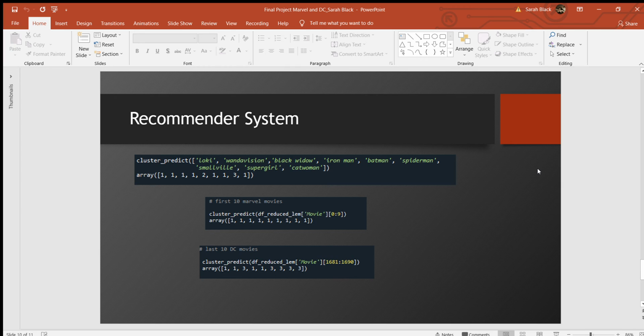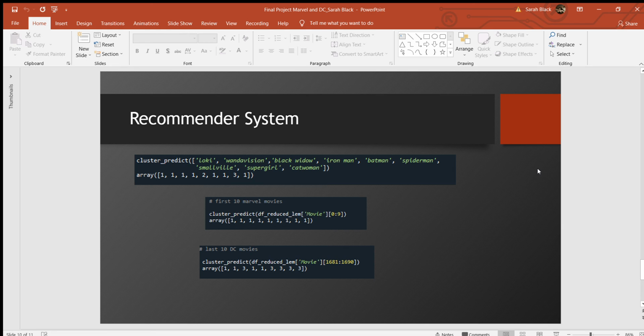Then I wanted to see if every time you looked at a Marvel movie, another Marvel movie would be recommended, and likewise with the DC movies. The way my data was set up, the first 100,000 and something rows were all Marvel movies, and the last 2/3 or 3/4 were all DC movies. So I took the first 10 movies listed, knowing they were all Marvel, and the last 10 movies listed, knowing they're all DC, and saw if they recommended only the same category of movie or not.